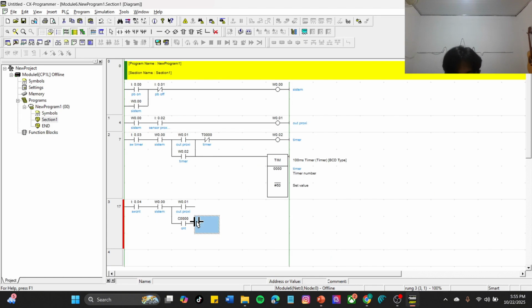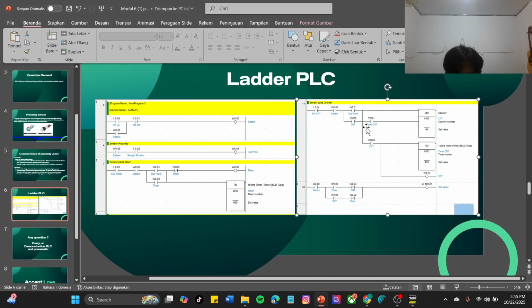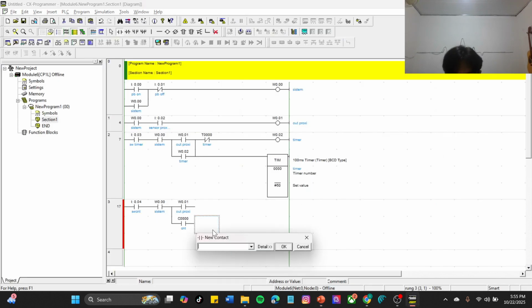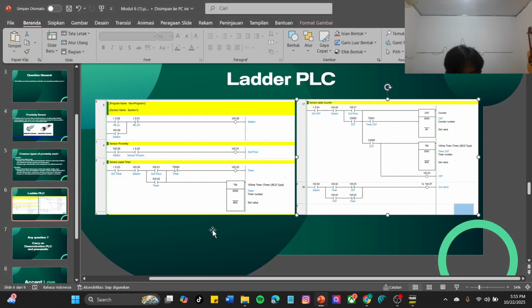Okay, and next you can make the timer CNT here, T001, enter, timer CNT.